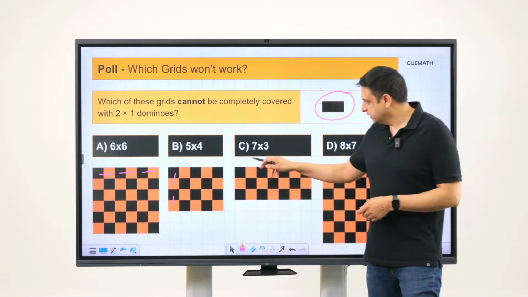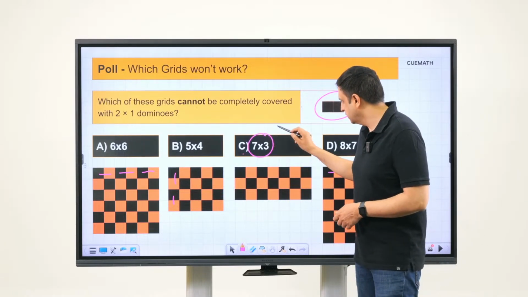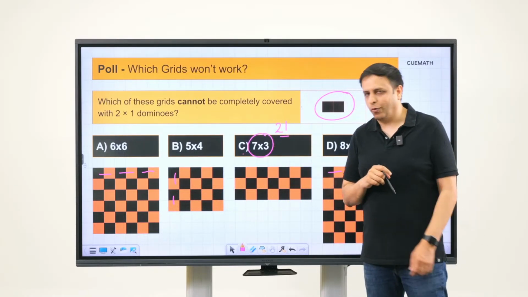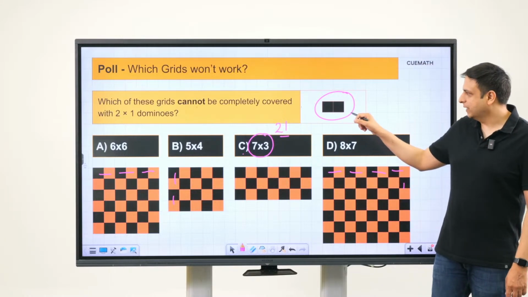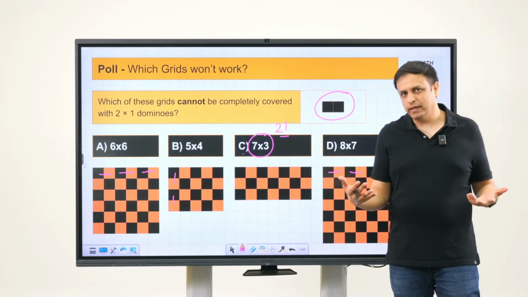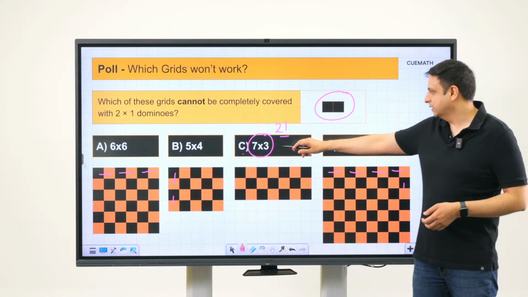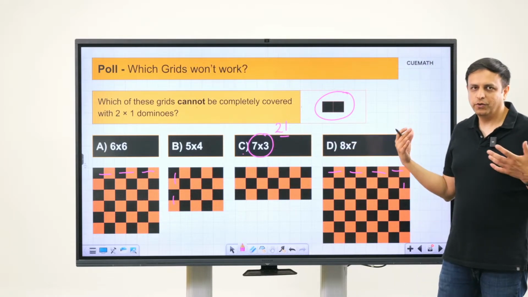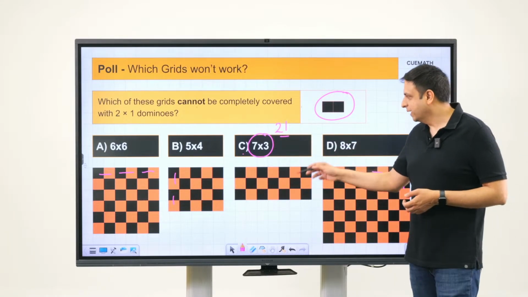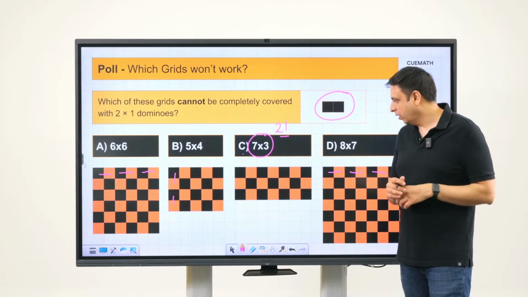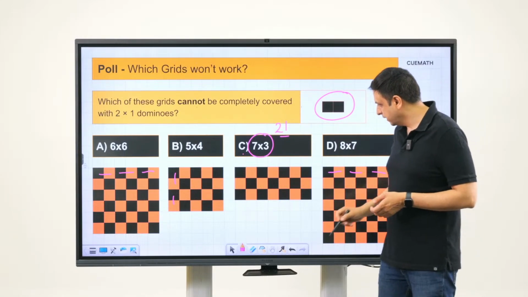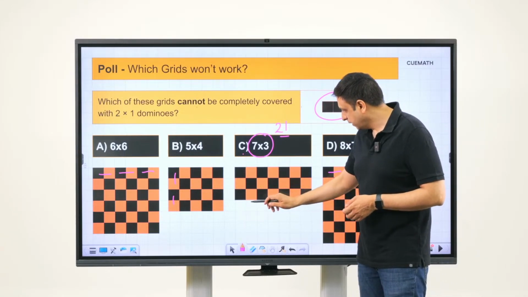But in option C, you have 7 cross 3 or 21 squares, and the 2 cross 1 domino has only 2 squares. So, this is even, but this is odd parity. So, you will not be able to cover this completely with 2 cross 1 dominoes. One square will always be left. In fact, let us quickly try doing this covering.